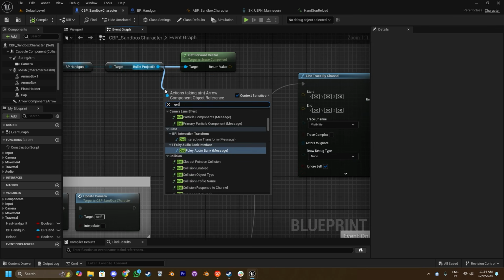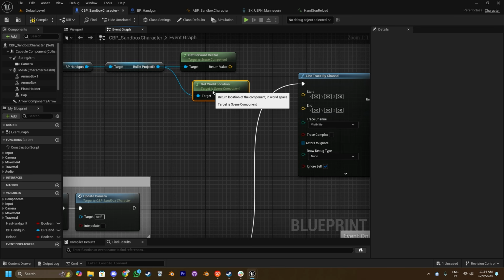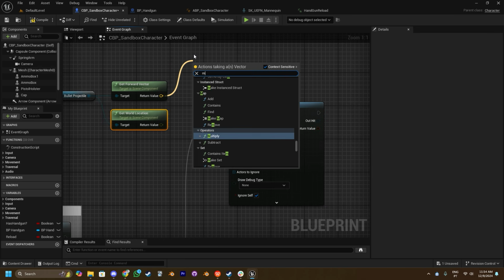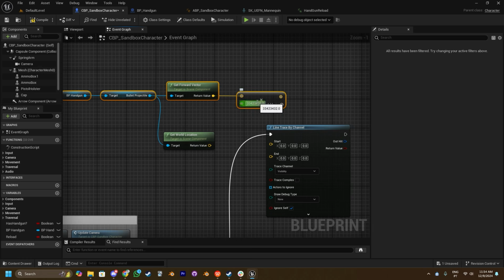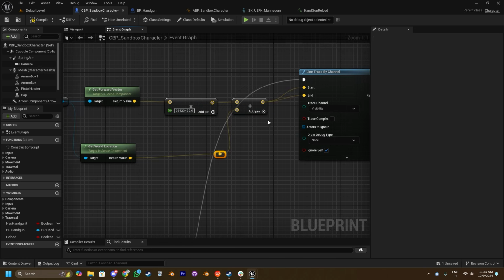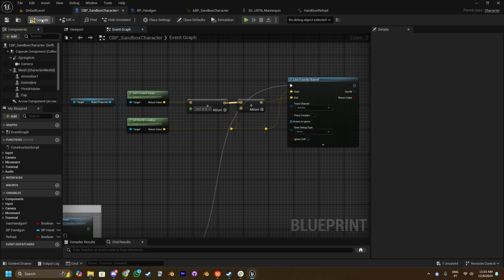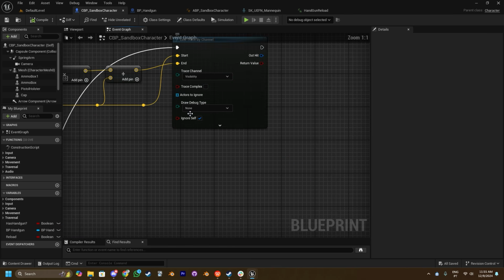Now we're going to get the world location, and you're going to want to multiply that, because whatever number you put inside there is going to be the distance the line trace reaches. The line trace is going to be a line, and the length of that line is the number you decide to put in here. That looks fine. Now for the draw debug type, we're going to select the one frame, and when you press